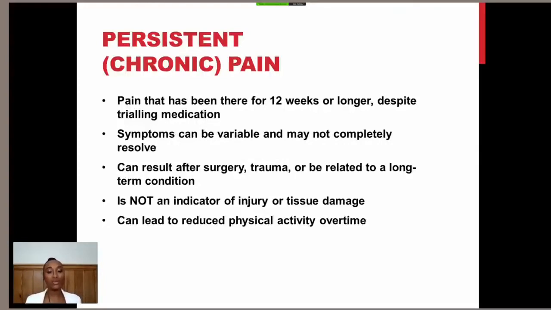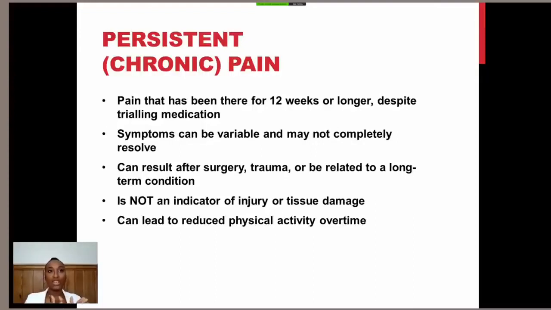And it can result after surgery, after trauma, or it can be related to a long-term condition. So something like fibromyalgia or rheumatoid arthritis can have persistent pain as a kind of side effect of that condition. The important thing to note about persistent pain is that it is not an indicator of tissue damage or of any sort of ongoing injury.